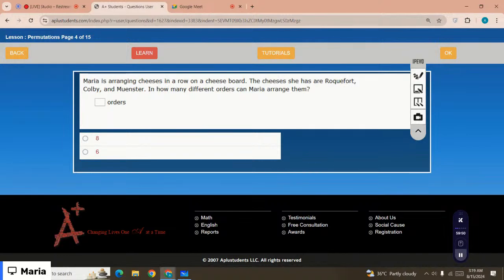Three options she has, right? So that means she can arrange them in 3 factorial different orders. So 3 factorial is